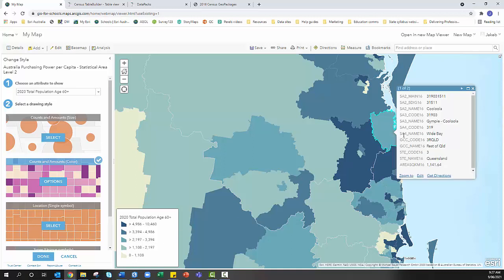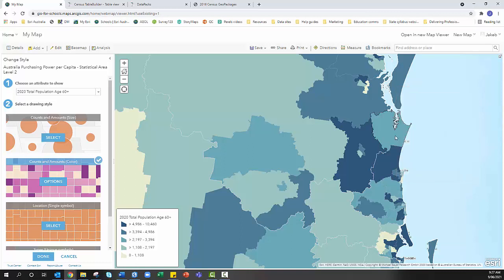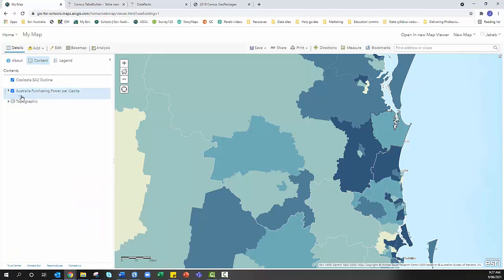If I click on it, it should pop up for me in here somewhere. Depends if it might be on my layer at the moment. Here we go. So we can actually see that it's continuing to show up with the purchasing power, which is unfortunate, as the information in the pop-up, but we can see that the population is in this bracket, so that's quite useful. If I hit done there, I'm actually going to then open this arrow back up, and